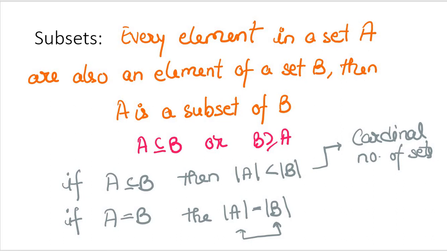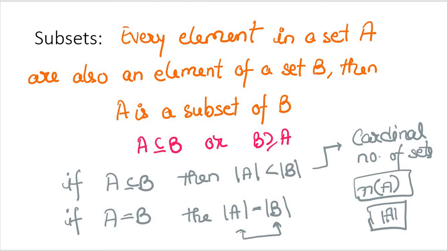Now, don't get confused, your cardinality is also denoted by this as well. So, if somewhere I am using this particular thing or I am using this particular thing, both the things are same. So, this was about subset, right? We have some more terms associated to this subset, like proper subset, superset and all. We'll talk about those terms in the coming slides.